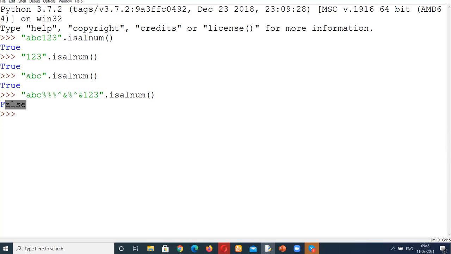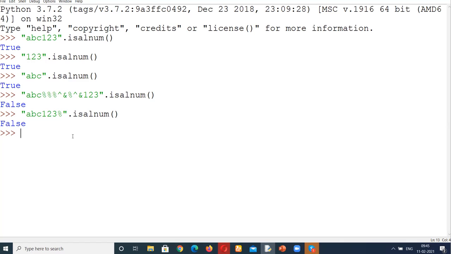It is checking whether the complete string has all characters as alphabets or numbers or not. If you have any one other symbol, for example, I'm taking the same example here, and in the last I'm adding one symbol, that is percentage. So again, I'm getting false as an answer. So you should not have a single different character in this.